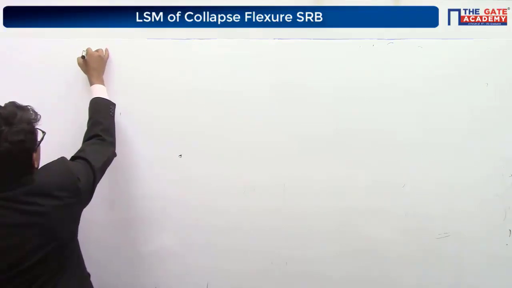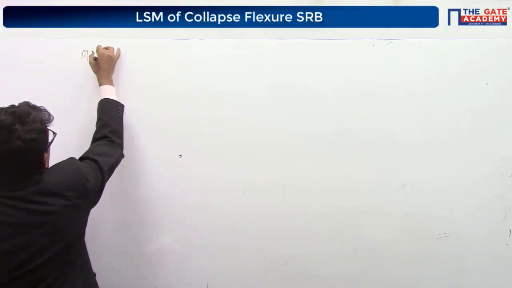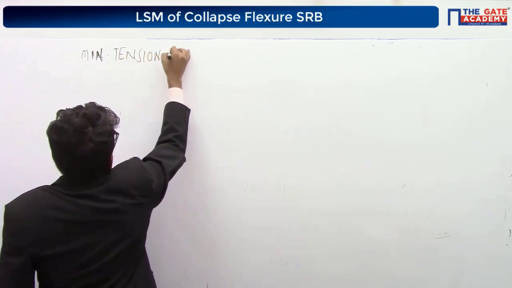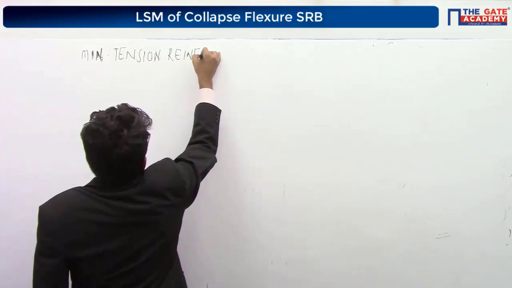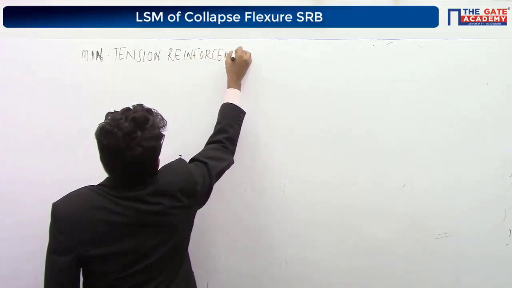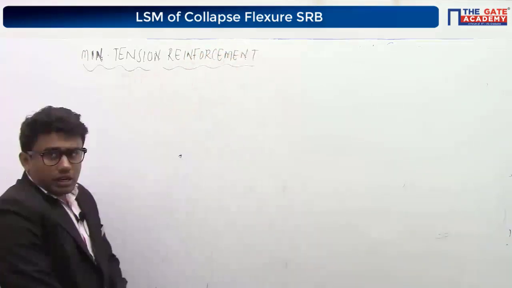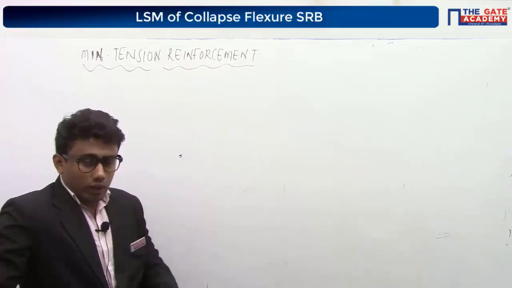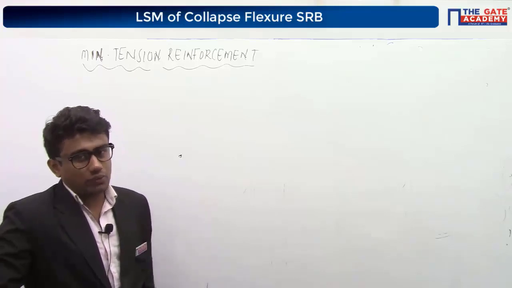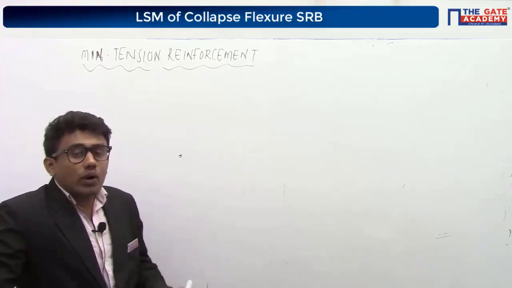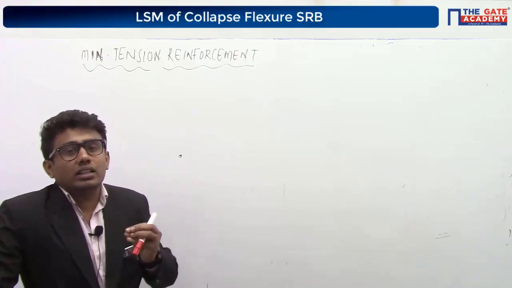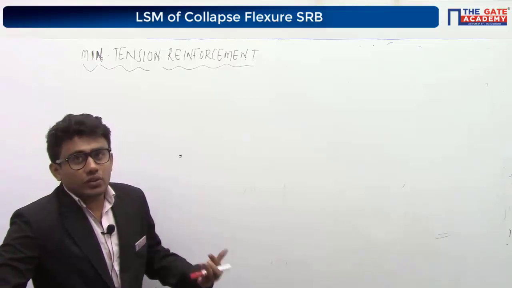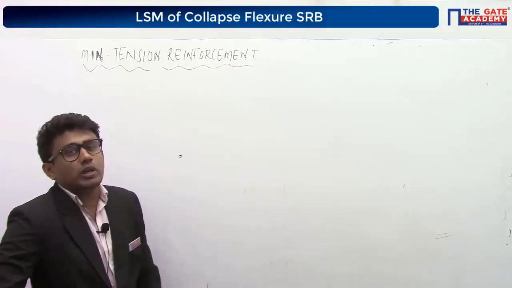We are next heading to minimum tension reinforcement. As per IS 456-2000, our code is recommending the use of minimum tension reinforcement in singly reinforced beams to avoid sudden or abrupt failure in the beam. If you are not providing this minimum tension reinforcement, there will be a possibility of sudden or